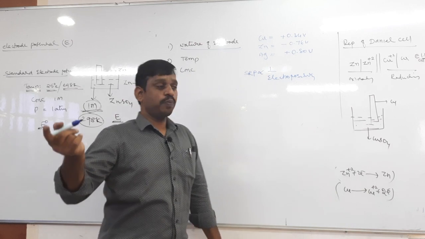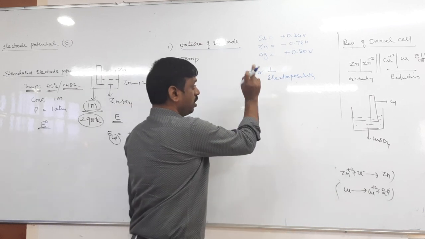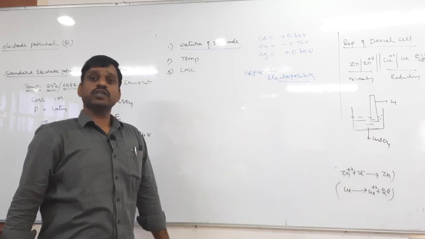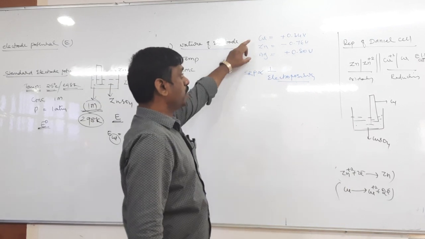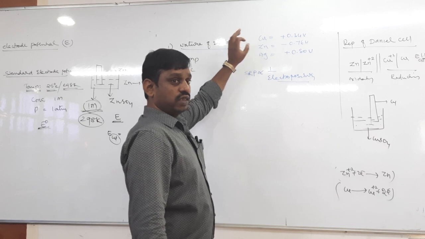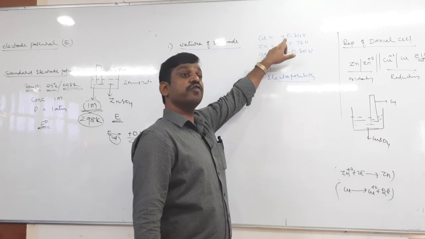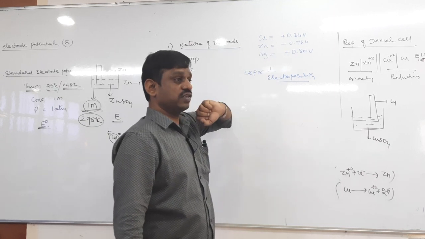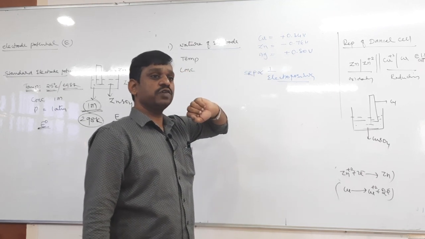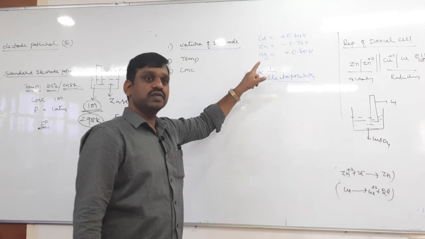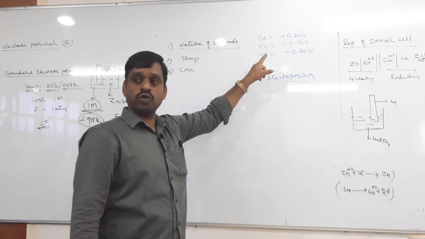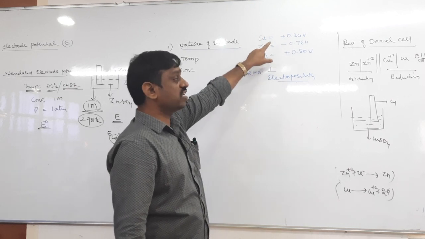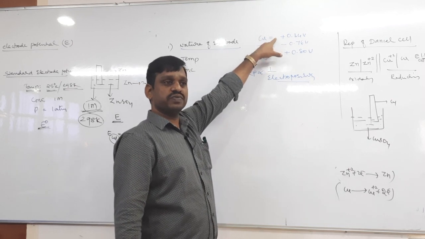Right? So electropositivity is inversely proportional to SRP. It means higher the electropositivity, less will be the SRP. For example, you see copper and zinc. The SRP value of copper is plus 0.34, and the SRP value of zinc is minus 0.76. Then tell me, among copper and zinc, which has more electropositivity? Since zinc has more electropositivity compared to copper, the SRP value of zinc is less and copper is more.